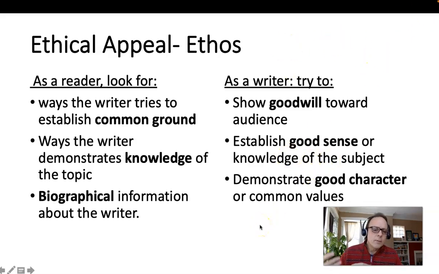So somewhere, when you write your essay on Hills Like White Elephants, one way to build your ethos is to just summarize Hemingway's story. Just to say, this is a story about a man and a woman, they're at a train station, and the reader is like, oh, okay, they know what they're talking about. I believe them, I trust them, I'm going to listen. Demonstrate good character. This is hard to do in writing, but not impossible.